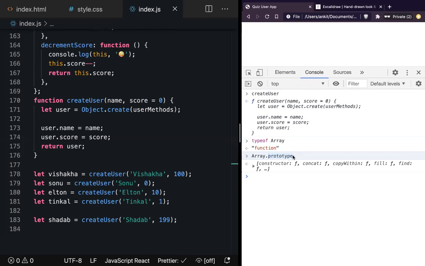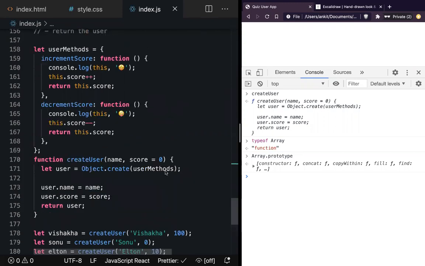But here I'm able to find prototype inside what? Inside a function. So prototype is inside a function, dunder proto is inside an object. That's why yesterday I introduced the topic dunder proto, and today I'm introducing the topic prototype, so you don't get confused. Whenever you talk about object, you talk about dunder proto. Whenever you talk about function, you talk about prototype. So now we have understood it.